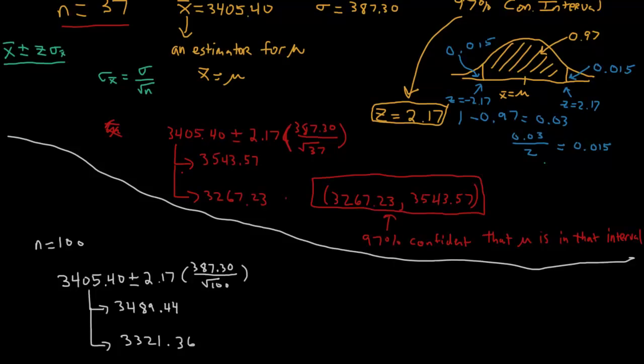So my interval here is 3,321.36 to 3,489.44. Okay? I shrunk my interval, you see, comparing this right here